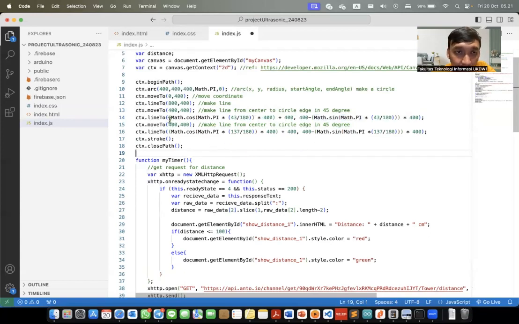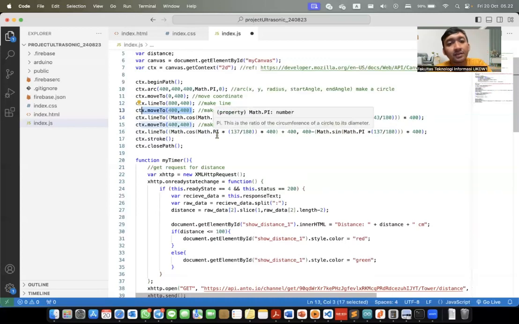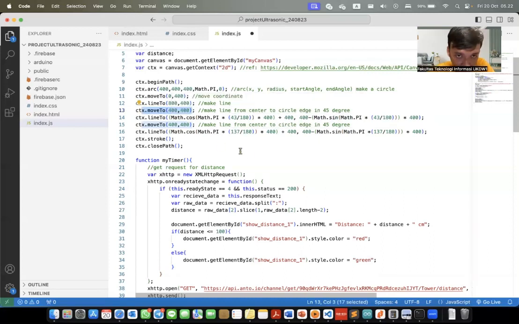Okay, this is for the starting, and this is for the end: the x coordinate for the end line and the y coordinate for the end line. This is for the starting line, 400 for x and 400 for y.